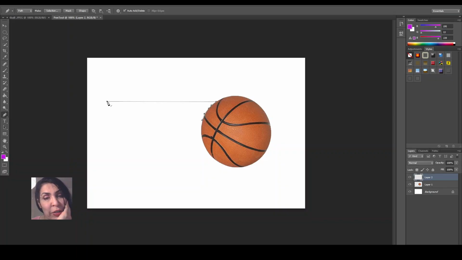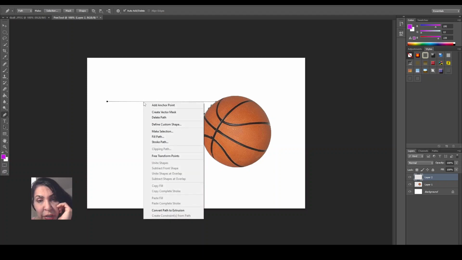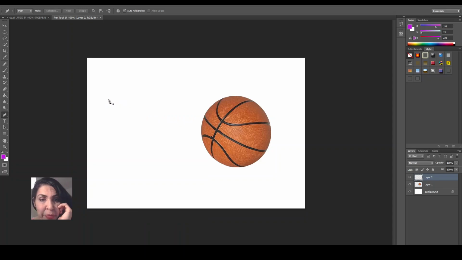For example, if you click here, first let me right click on here and delete the path. I click one point here, and second point, click, don't release the mouse. You can have a handle. As you notice, this handle affects the